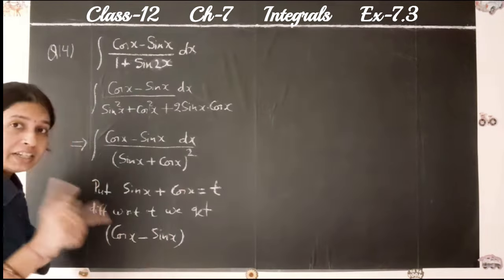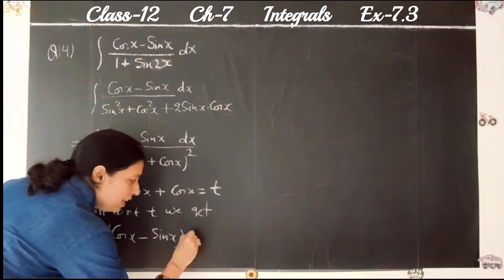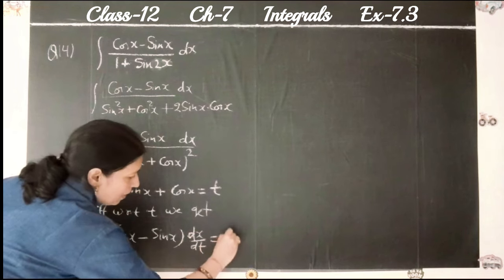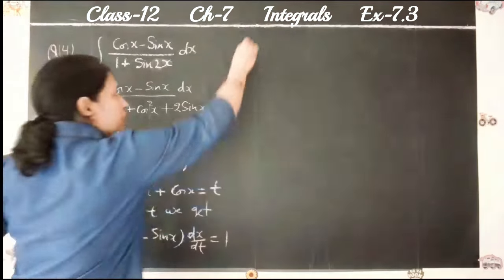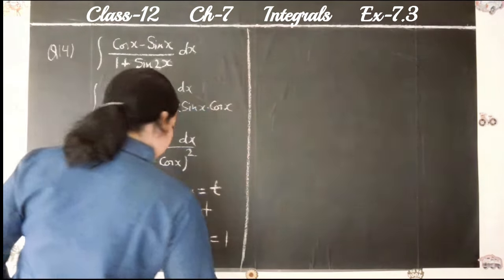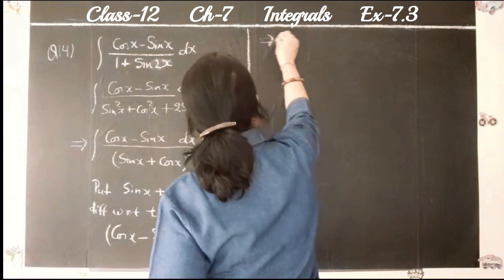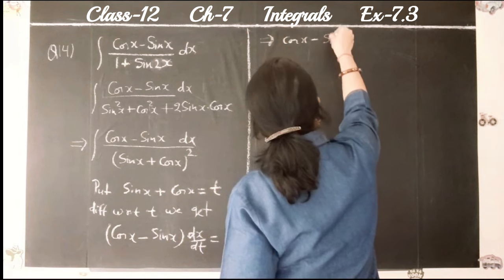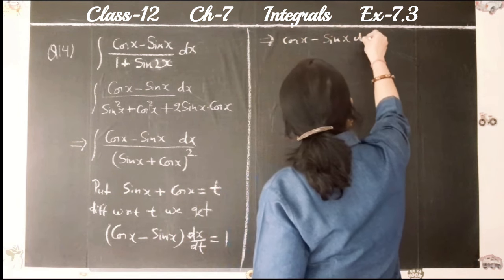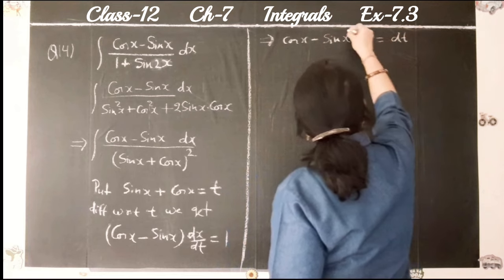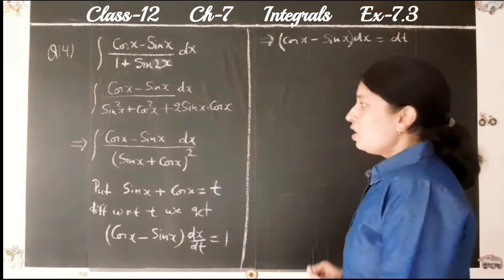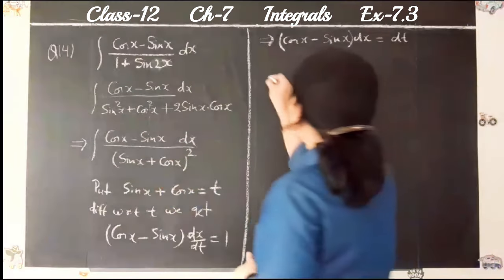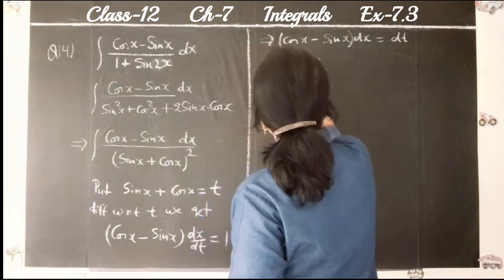And when we differentiate x with respect to t, we get dx by dt, and it will be 1 when we differentiate t. So we can write (cos x minus sin x) dx is equal to dt. So in place of (cos x minus sin x) dx we can write dt only. So our integral becomes integral of dt